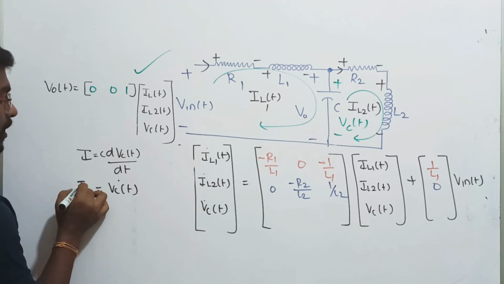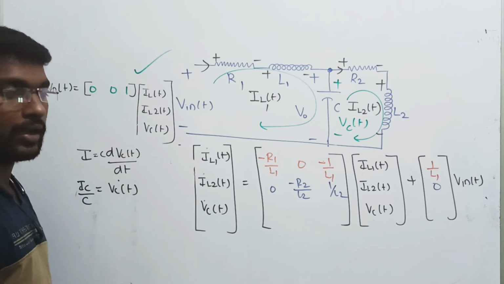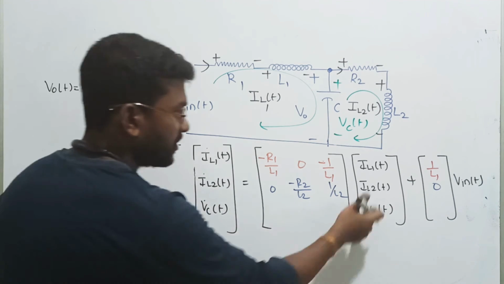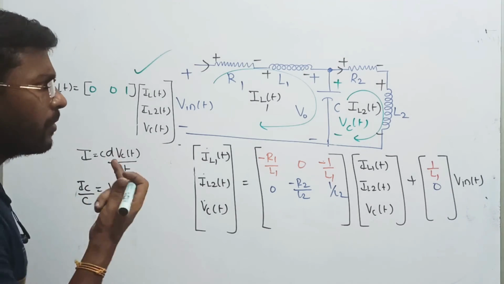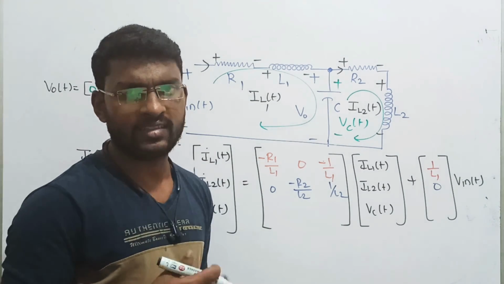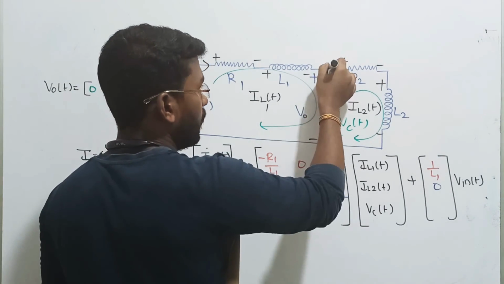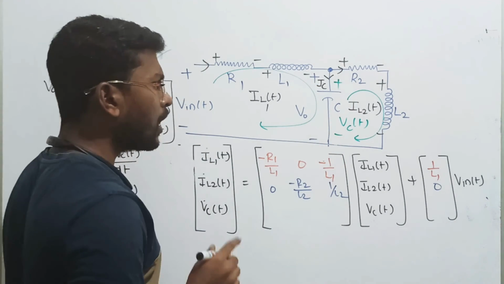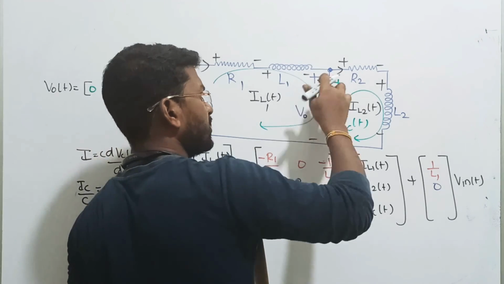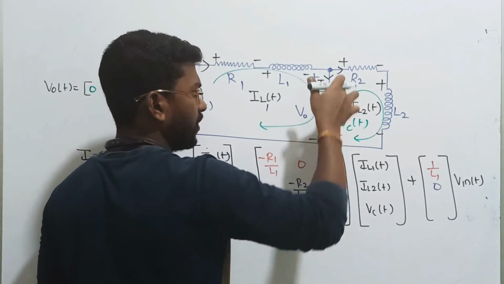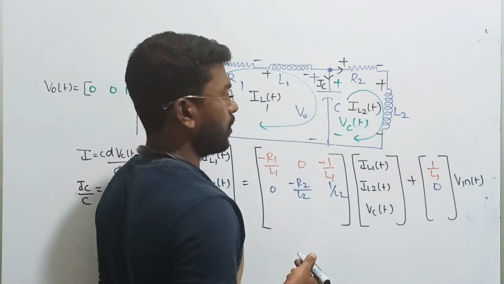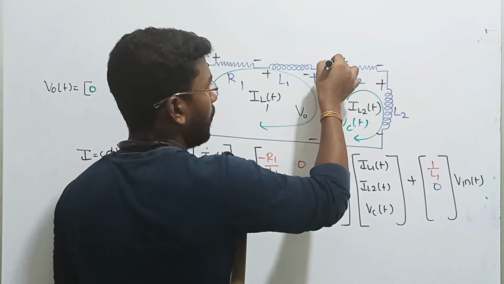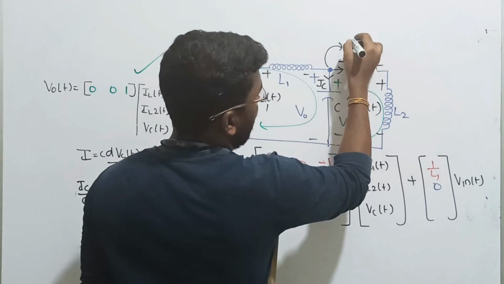எனக்கு வேணும் அப்படினா, it can be written as current through the capacitor divided by c அப்படினு எழுதிடலாம். ஆனா current through the capacitor நம்மளோட ஸ்டேட் வேரியபிள் கிடையாது. அப்ப அதை எப்படி எழுதலாம்? Shall we apply KCL now? If I apply KCL at this point, for an example, current through the capacitor is going to be IC. அப்ப இந்த IC நீங்க எப்படி எழுதுவீங்க? Polarity will be given. Now see, for a capacitor polarity is given plus minus, அப்ப current இப்படி தான் என்டர் ஆயிருக்கு. Right, so let me call it as IC. If I apply KCL at this junction, IL1 of t